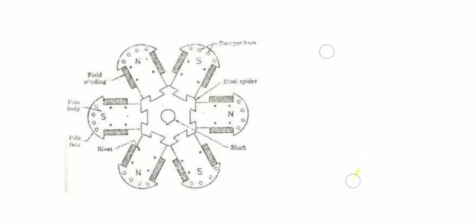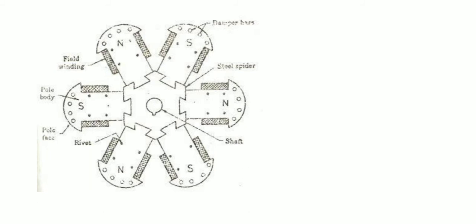Rotor construction. According to construction, rotor is two types: salient pole type and cylindrical type. Cylindrical type rotor is also known as non-salient type rotor. So salient pole type, salient mean projecting. So these type of rotor consist of pole projecting out from the surface of the rotor core, which is shown in the diagram. So this is the diagram, in which rotor poles are projected outside with non-uniform air gap. The air gap between the center of the pole is large and above the surface is small.